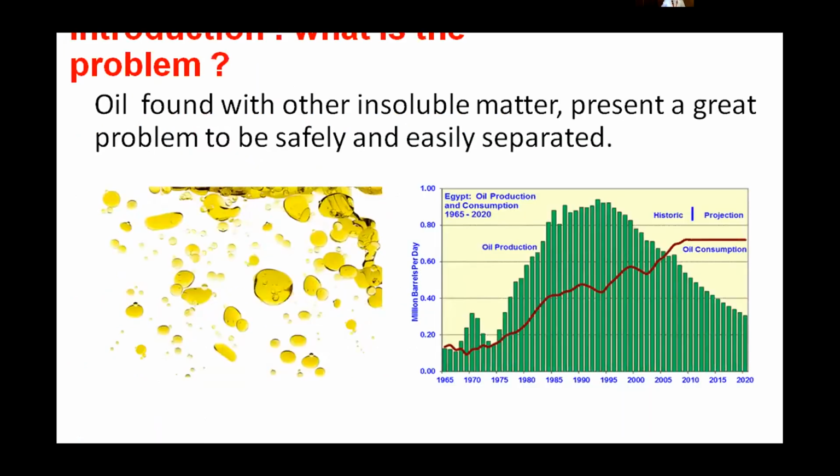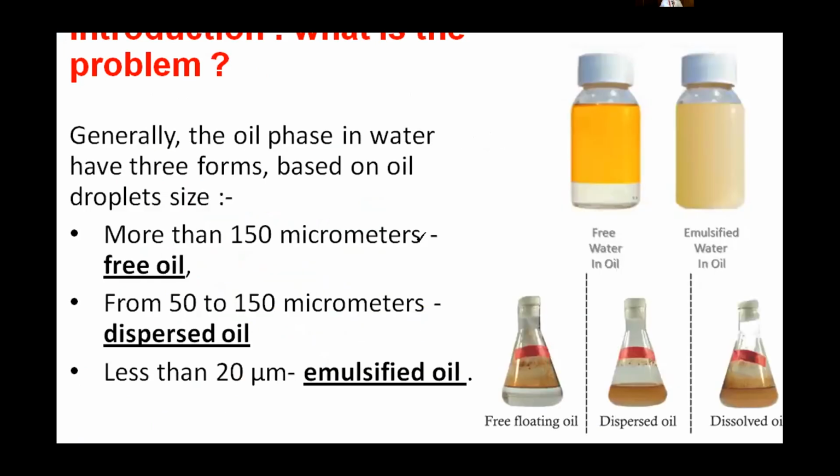We can begin to know that oil was found in its insoluble matter. And when we say insoluble, we can go through the three states of the oil. The first is free-floating oil, which is the simplest one, then the dispersed, and the dissolved, which goes to the emulsified oil in water. As you can see here, this type seems to be fully dissolved. So we are talking about less than 20 microns in the size of the oil droplets,